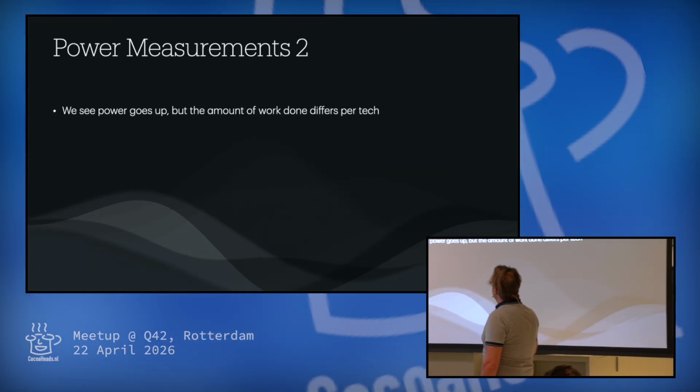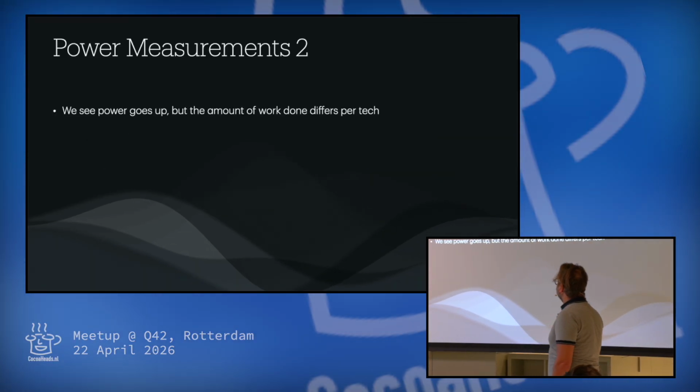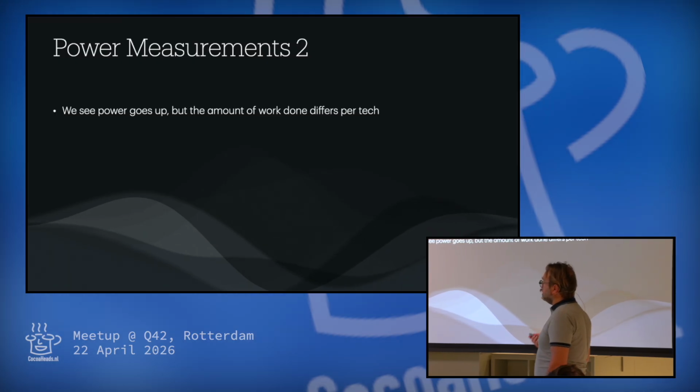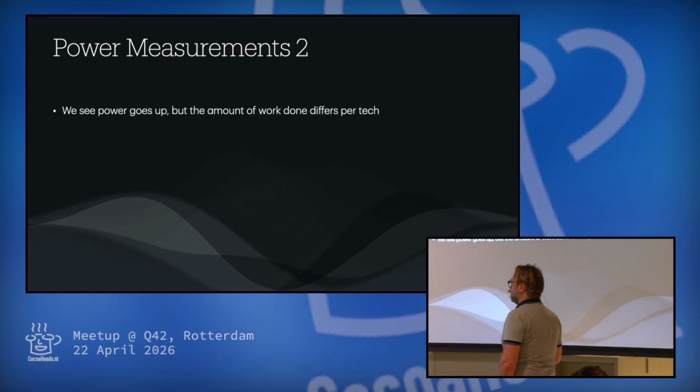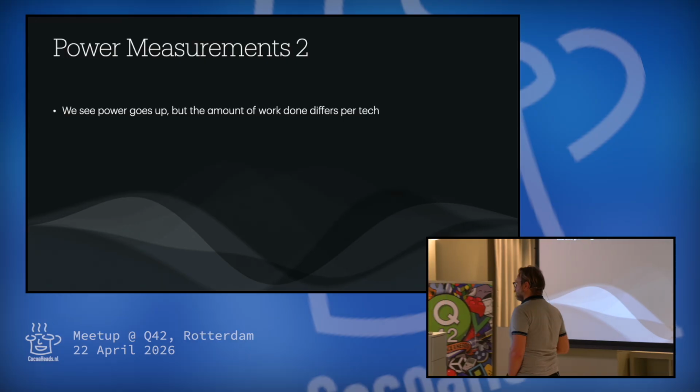So, when I started doing these tests, what I did is basically, I had a little script that said, do 100 requests per second for the next minute, and see how